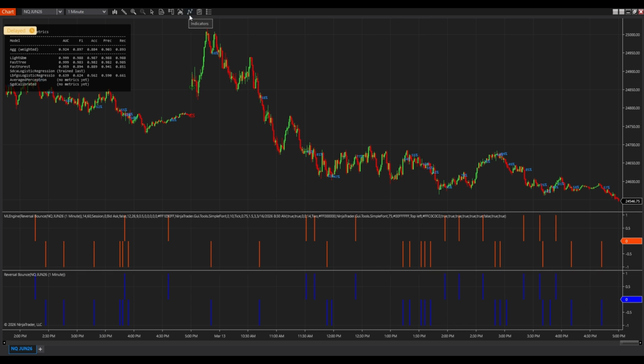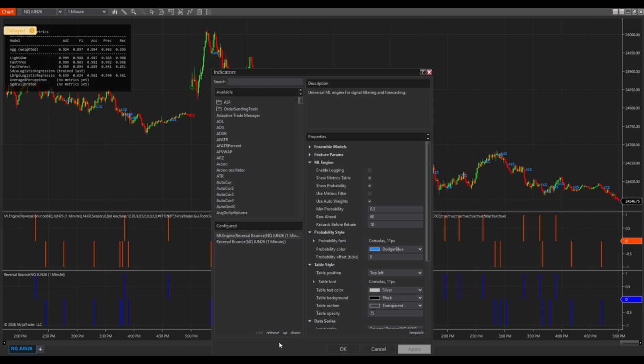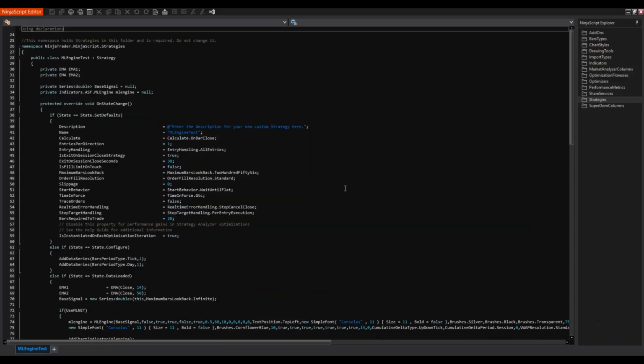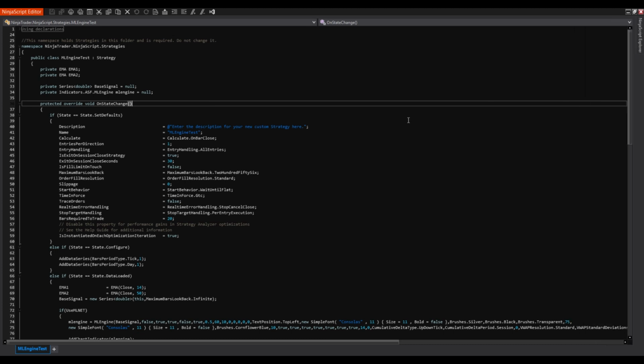In the next section I will briefly talk to developers about how to connect this indicator to a custom strategy. Developer Guide: Connecting MLEngine to your strategy. Now let us switch hats and talk as NinjaScript developers. In this section I will describe a simple, practical way to wire MLEngine into your own strategies. I will also briefly show where the engine stores its data files and how repeated runs can gradually improve the